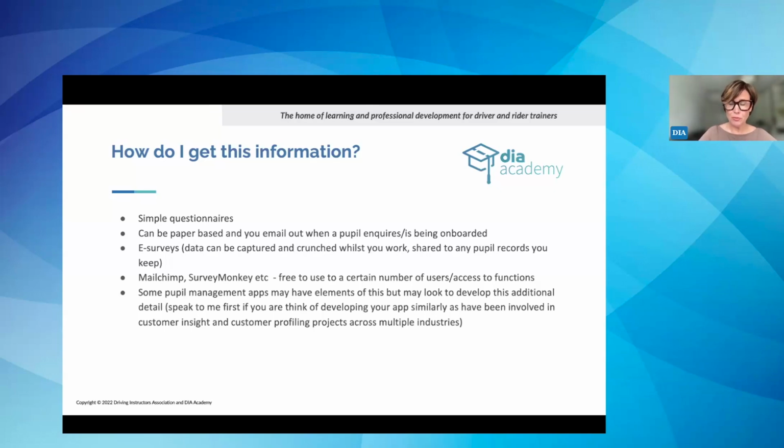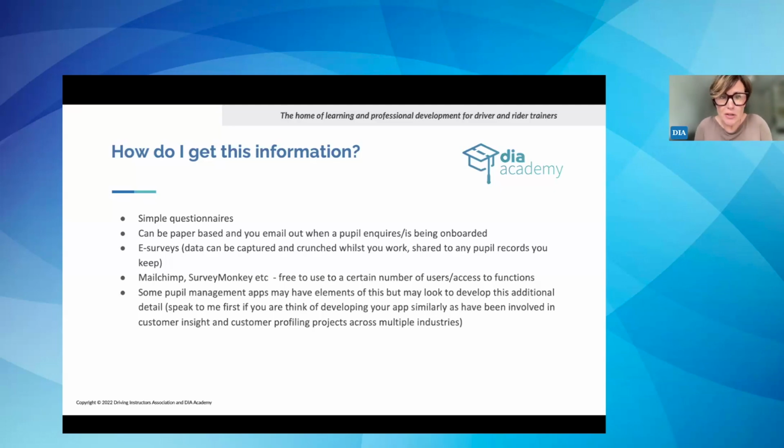Some pupil management apps that are on the market already, like Total Drive, may have an element of this data collection in them already, but we are actually working with one of those apps at the moment to integrate pupil profiling questionnaires into their suite of products.